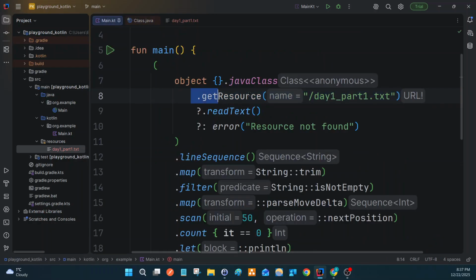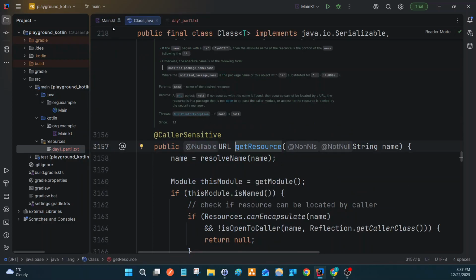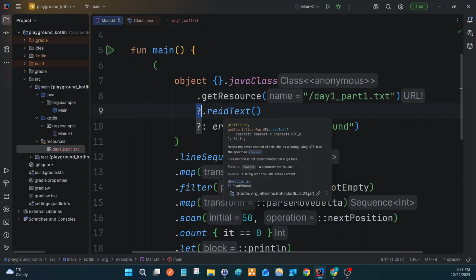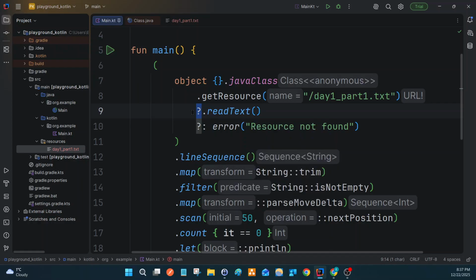So we just get the resource here, and it returns the platform type. It means we need to check that it actually can return null. That's why we need to handle null. And in Kotlin there are multiple things we can do. We can explicitly check for null, like equals null or not, like most programmers do. But in Kotlin we have a much greater thing, this operator,